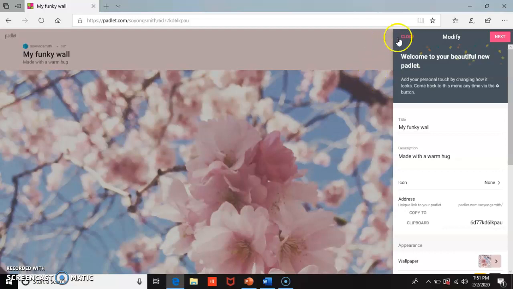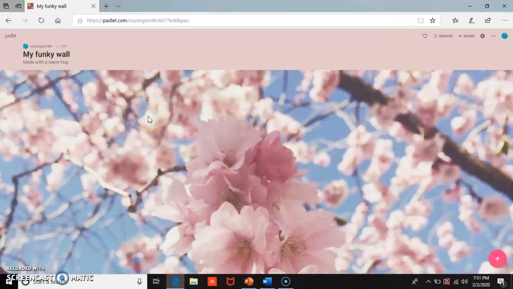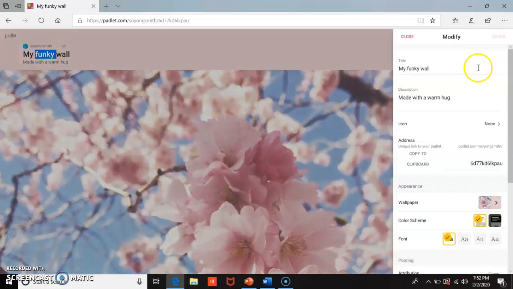The Padlet is going to pop up. You will be able to change all of these things that they have created for you. This is just a template that is already created, so you can change everything to your liking. At the top of the screen, you will see your title and your description. To change your title and description, you will have to click on it and the title screen will pop up. So I'm going to type in my title, which is going to be What is Padlet,